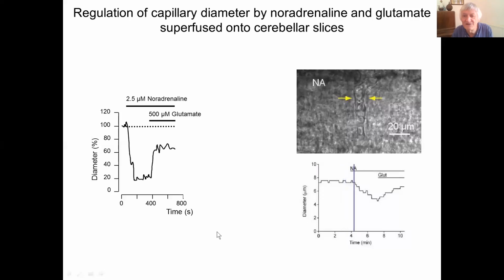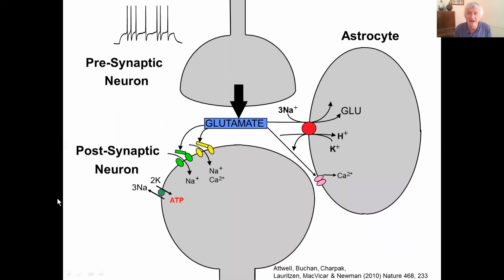So what generates this capillary dilation? Well, here's a typical glutamatergic synapse in the brain. 85% of your synapses are glutamatergic like this. And of course, you're all aware of glutamate acting on AMPA and NMDA receptors to do signaling in the brain. But glutamate also can act on astrocytes in young animals through metabotropic glutamate receptors. And in old animals, presynaptic glutamate release evokes a calcium change in another way, which I'll show you in a